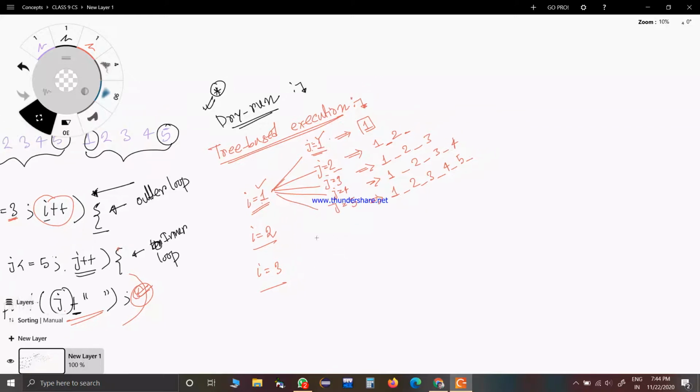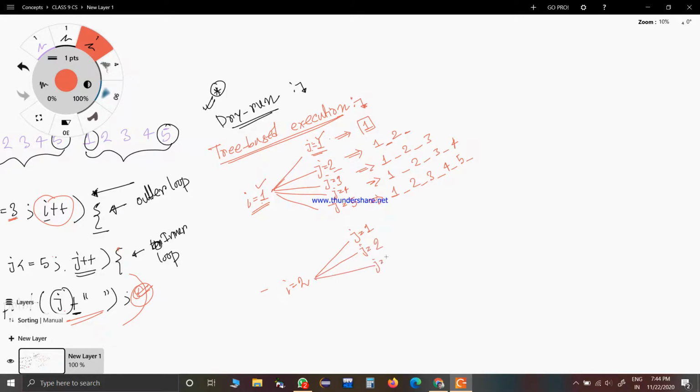Similarly for I equal to 2 also. For I equal to 2, j will again have 5 values.